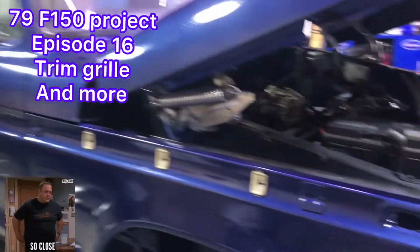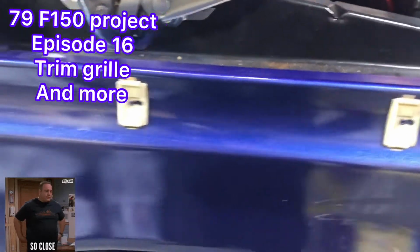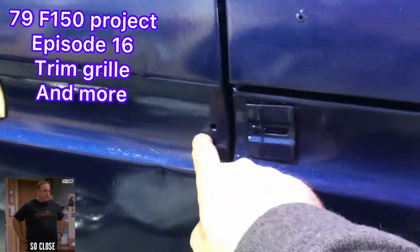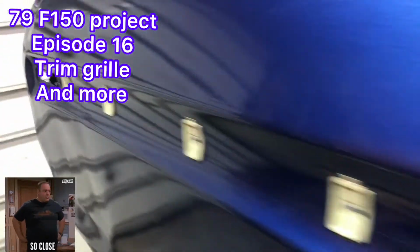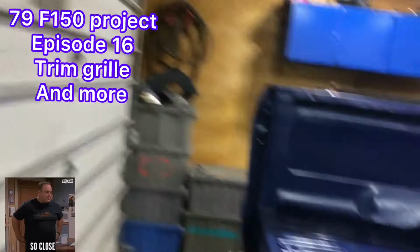Okay, so we got all our clips on this side. Still got the ones with the little bolt holes we got to put on. We'll show you them in a little bit. But these are all ready. But when we get around to the other side here,